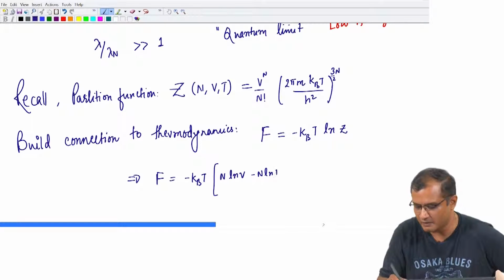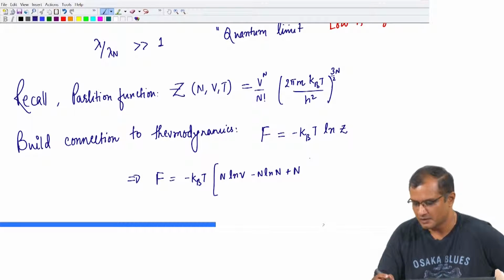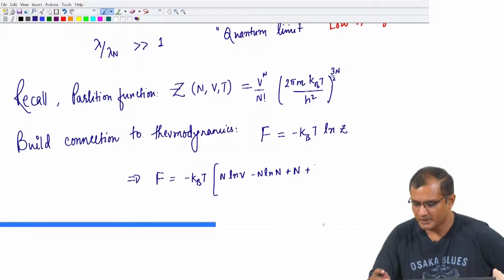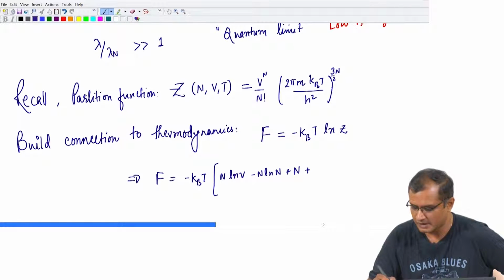So, it is minus N ln N plus N, and the parenthesis as 3N by 2